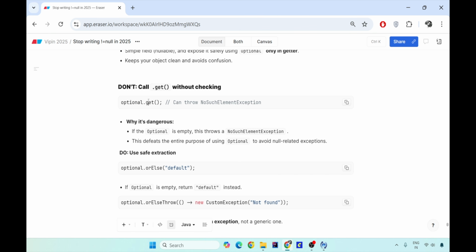This is as good as a null pointer exception. So if anything was null and you do .get, it will give you the NoSuchElementException. This completely defeats the entire purpose of Optional, because you for sure remove the null pointer exception, but you introduced NoSuchElementException. So it's completely defeating the process of Optional.